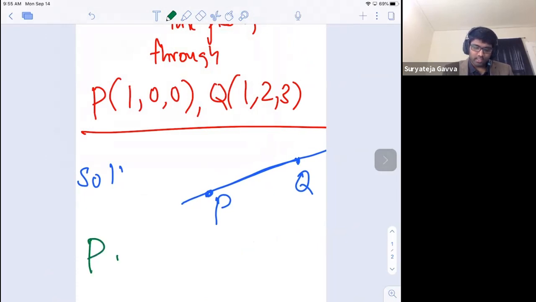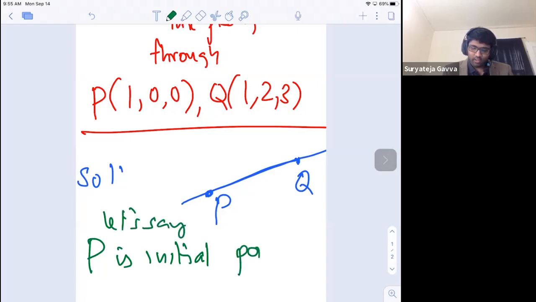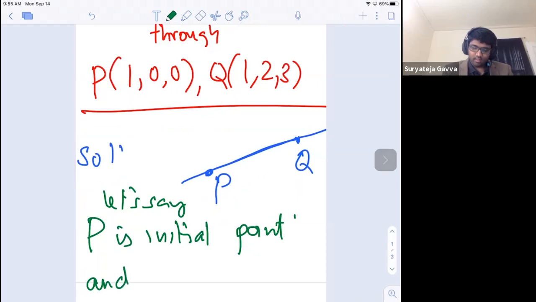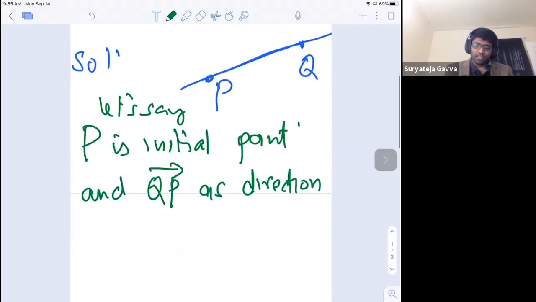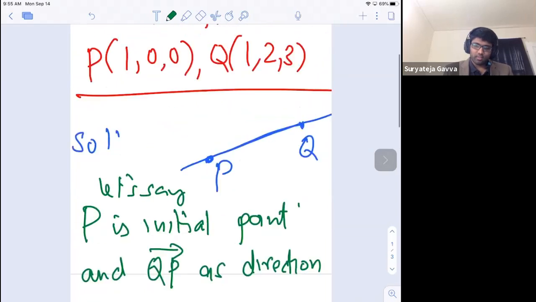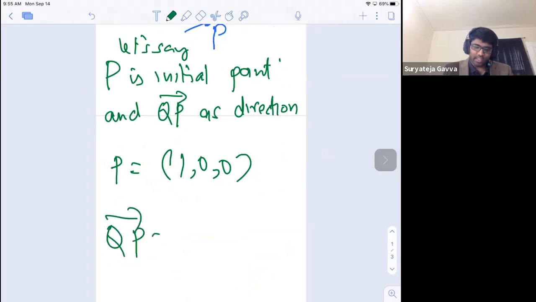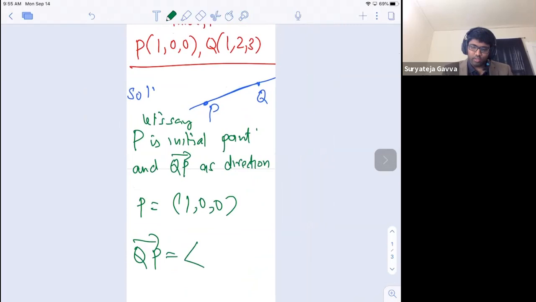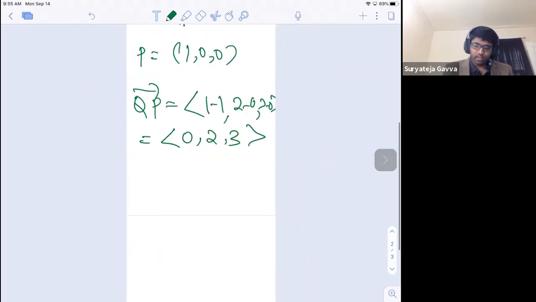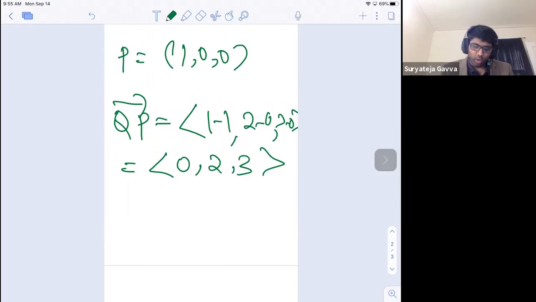Yeah, so P is the initial point. Okay, let's say P is the initial point, and QP bar is the direction. So if I use P as the initial point, P is nothing but (1, 0, 0), and similarly QP bar is the direction. The direction is nothing but, if you compute, 1 minus 1, 2 minus 0, 3 minus 0, which is (0, 2, 3). So P is this much, QP is this much. So any point on the